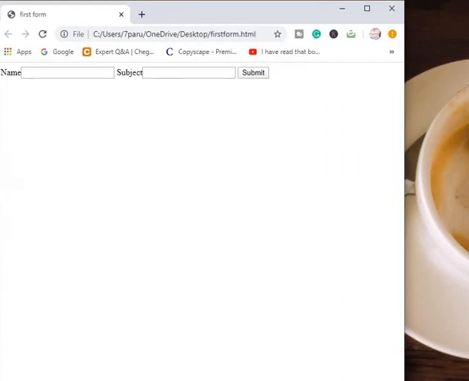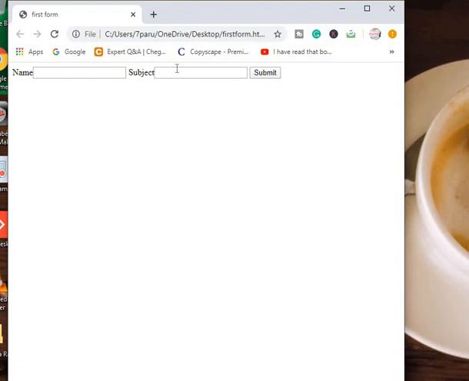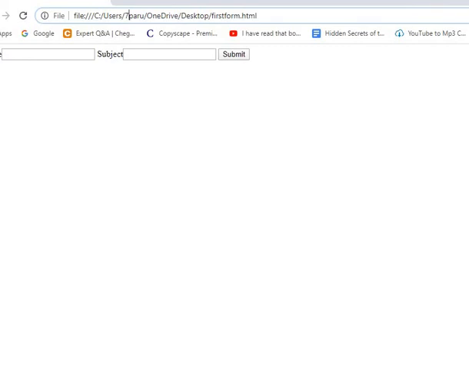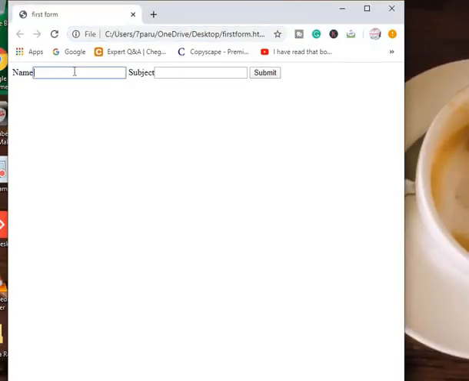As you can see, we have name, subject and submit button, right? So if I want to write a name, let's say Parul, subject would be computers, and then I say submit.